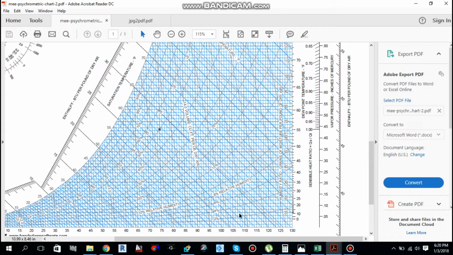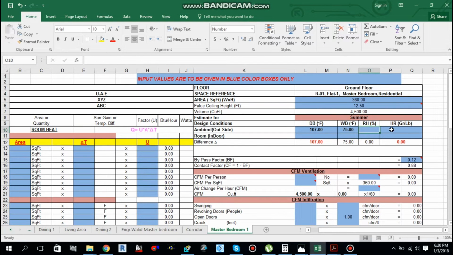So I need to go from dry bulb 107 up to 75 wet bulb. This line is intersecting over here. So what is the humidity ratio over here? It is 80. So I can use this humidity ratio as 80.